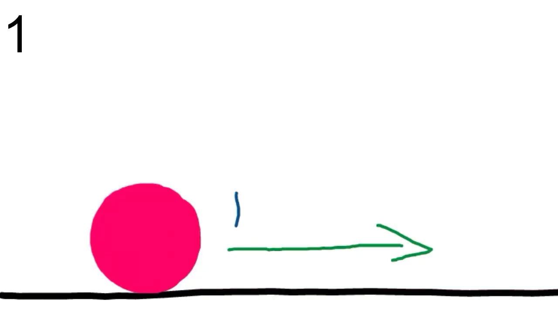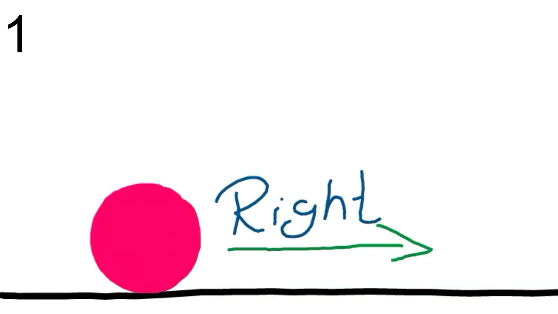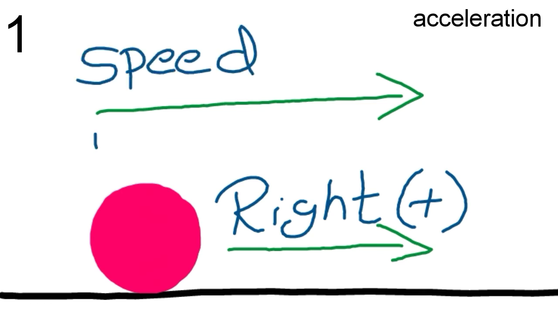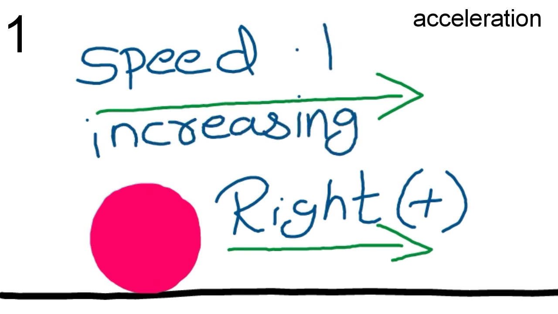First case, in which the object is moving towards right from the origin and its speed is increasing. Since it is moving towards right, its direction will be positive. And there happens an increase in the speed, so the magnitude of speed is also positive. In such a condition, that object is in positive acceleration.